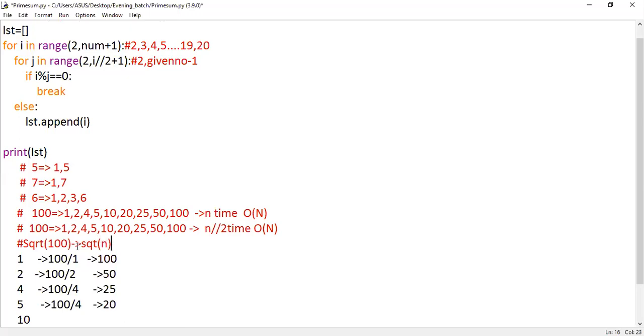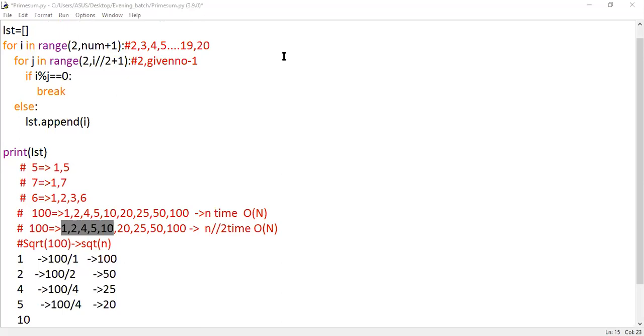That is the reason behind it. The reason behind the square root of the given number times is that if you know the first half of any number, up to the square root of the given number, then the next half is a multiple of it, and it is not required to check it. So you can optimize